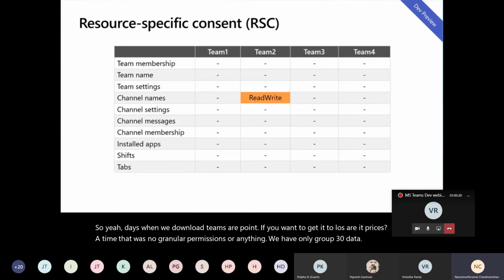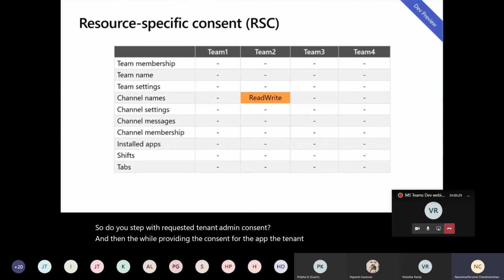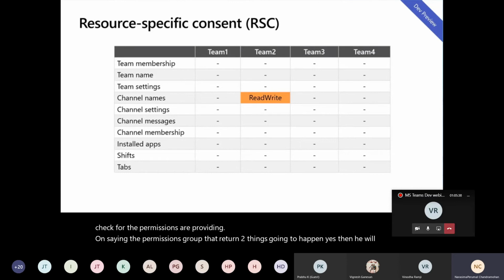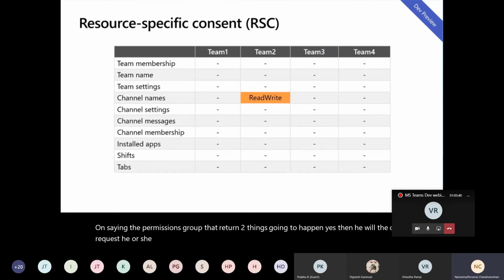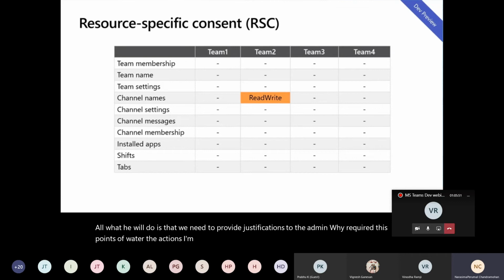To use the app, it requires tenant admin consent, and while providing the consent, the tenant admin will see the list and check what permissions I am providing. On seeing the permission group.readWriteAll, two things are going to happen. Either he will decline the request and not approve the app, or we need to provide justifications to the admin: why I require this permission, what actions I am doing. We need to provide a lot of justifications.